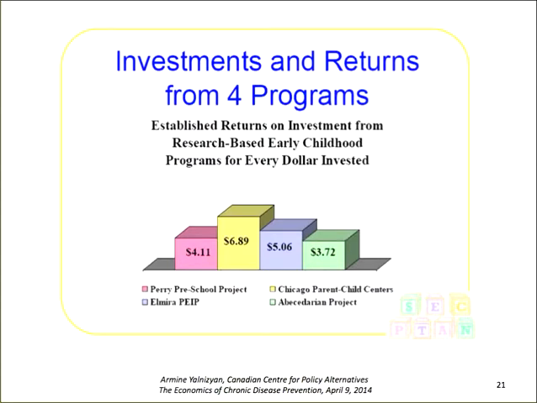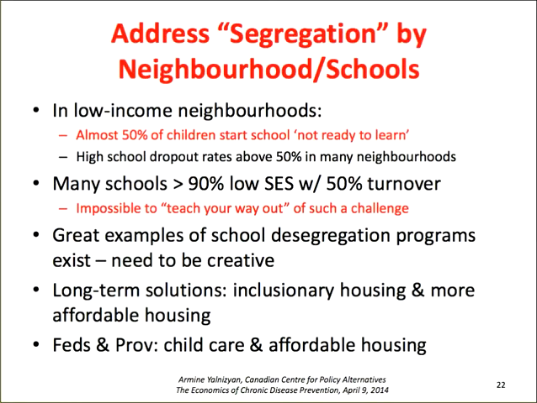We can also address segregation by neighborhoods and schools. You know, why are low-income neighborhoods low-income? Because they're terrible places to live. The schools are lousy, the transportation is awful, we don't have recreational facilities, we have lousy services. The housing is terrible in comparison to other neighborhoods. And where do poor people go? They go to low-income neighborhoods. So you get this kind of, is it in this slide? It's deprivation, magnification, amplification. It's a term by Jim Dunn.